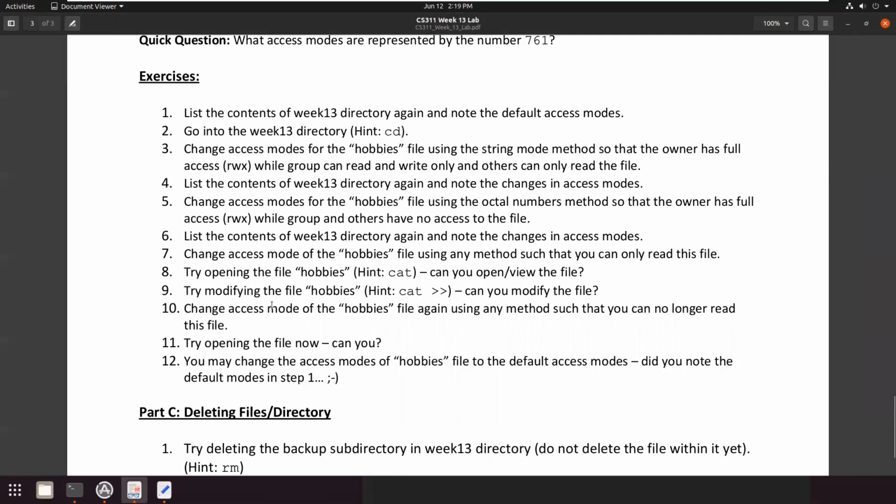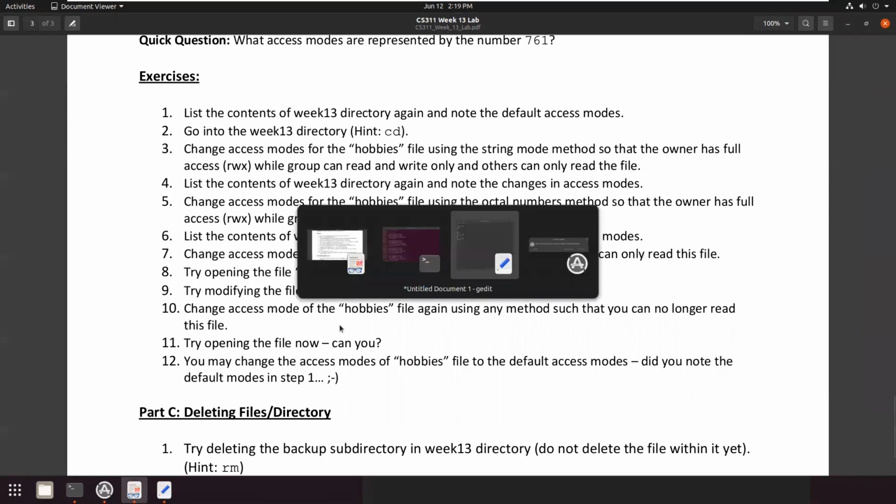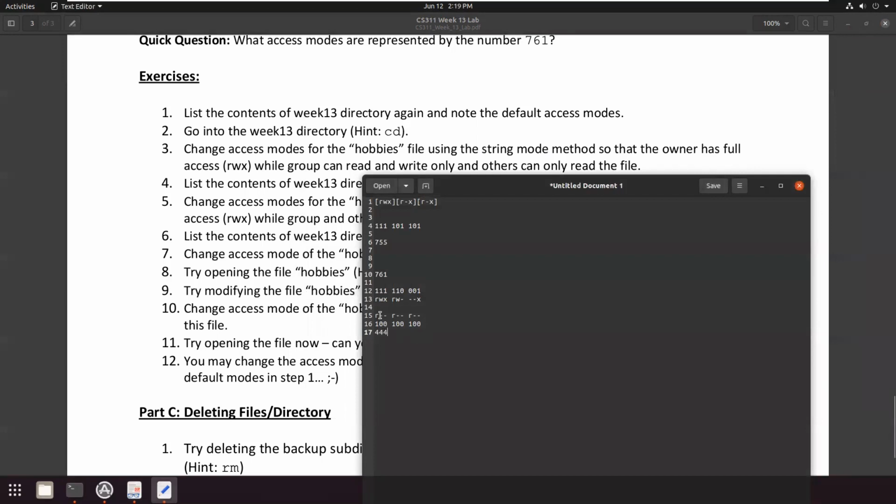Then it says change access modes of the hobbies file again using any method such that you can no longer read this file. So let's change the permission again so that we cannot read this file. So you will remove all the access, dash dash dash. So this will be all zeros.